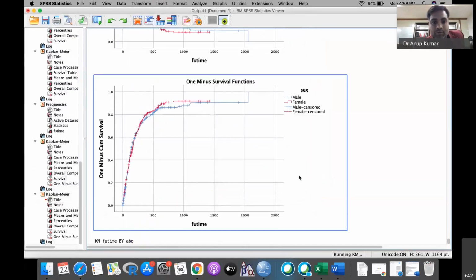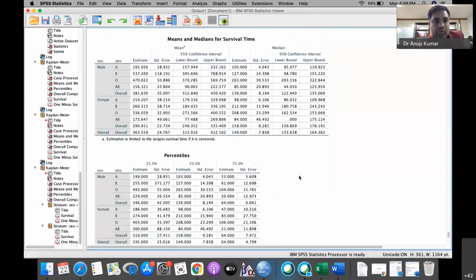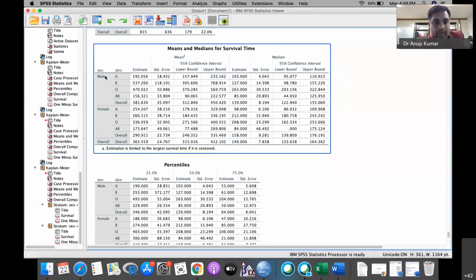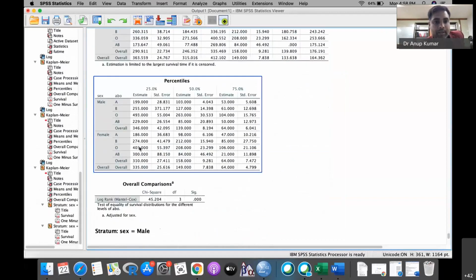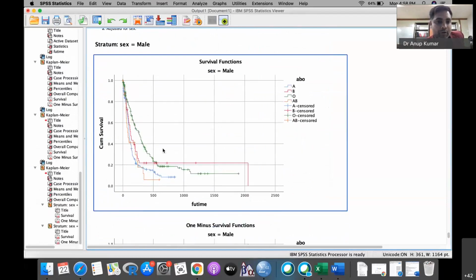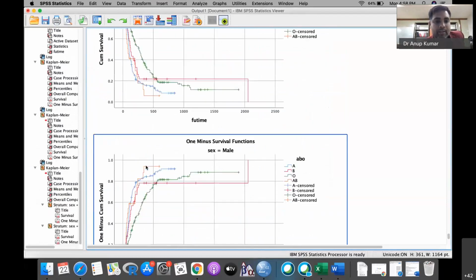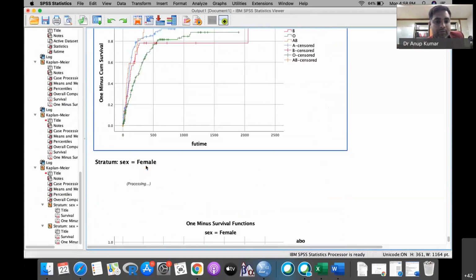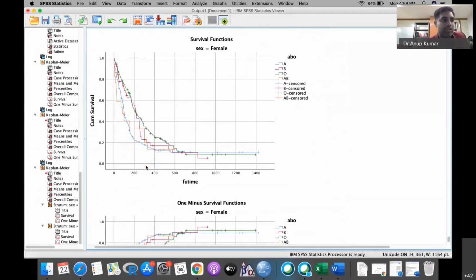So here you can see the male and then the blood group, the female and then the blood group. Similarly, the percentiles, and also you can see this is the survival curve only for the male among their blood groups, and this is for the female. This kind of analysis you can also do in this.